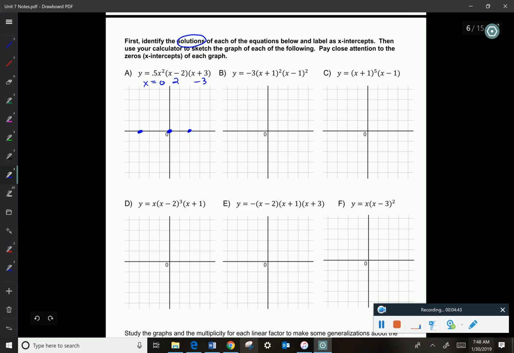Okay, so let me do one more. Before we go to the calculator, let me do one more. Let's say I'm looking at letter B. Well, when I look at letter B, if I were to set this equal to 0, I'm going to get